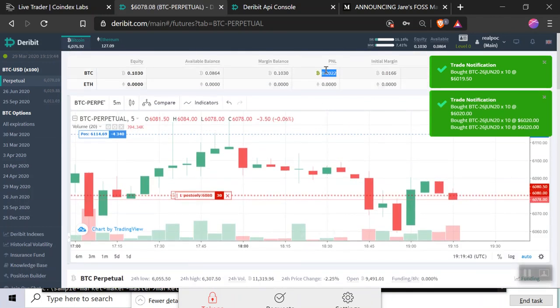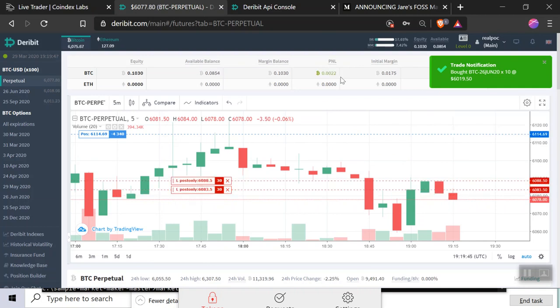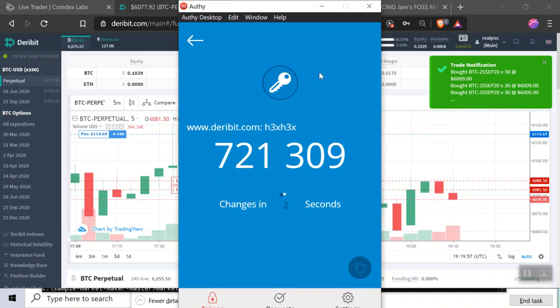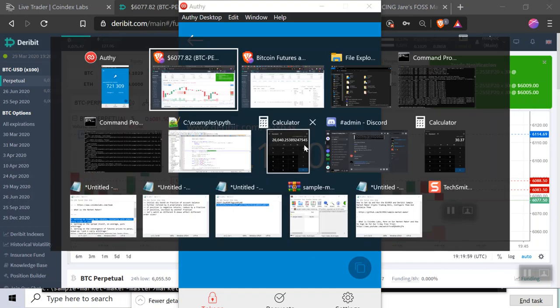And you can see here our bot in this session has gone up by a fraction of a Bitcoin, which is pretty good considering we only have this much. And this is our maintenance margin and our initial margin that we have on the account. But yeah, the other video goes into more detail, and we'll have more videos coming up